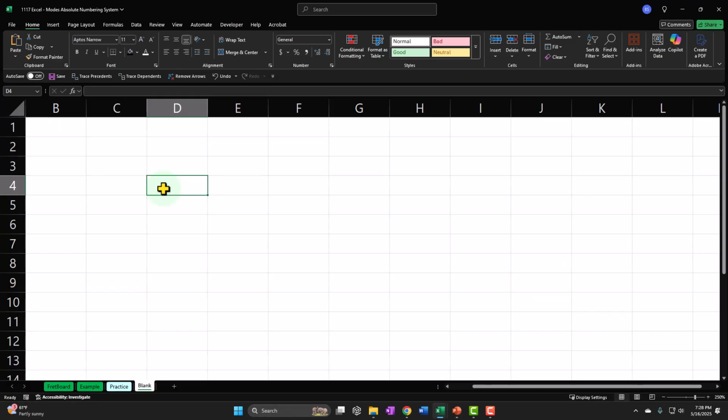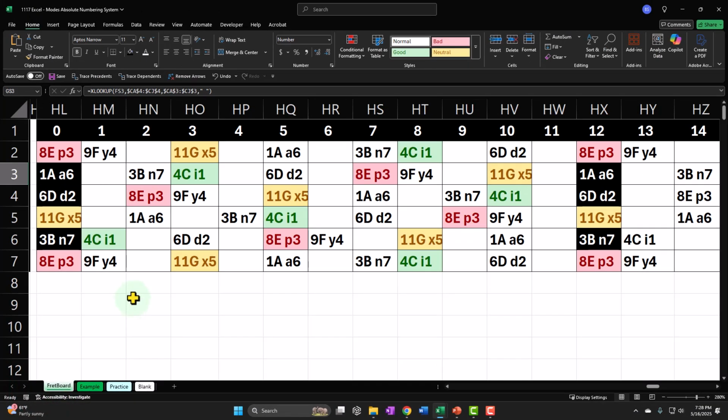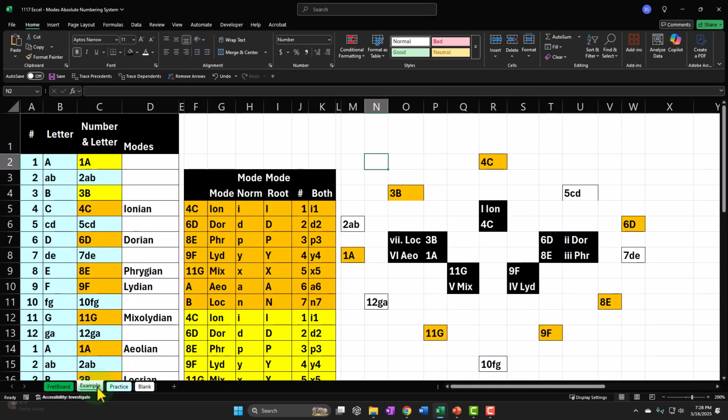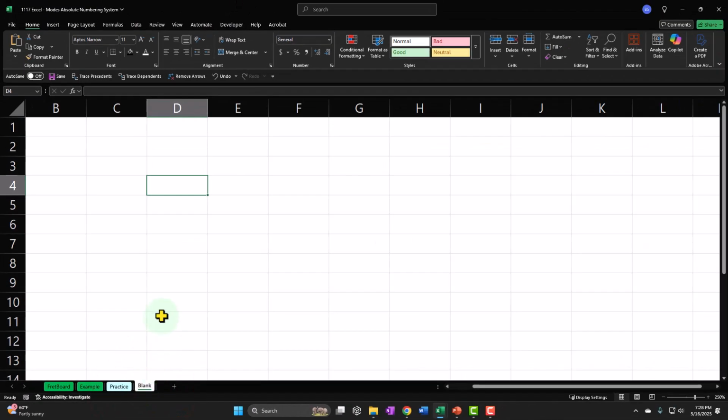We are in Excel. If you don't have access to this workbook, that's okay, because we'll basically build this from a blank worksheet. But if you do have access, there are 4 tabs down below: fretboard, example, practice, blank. The fretboard tab has a simulated fretboard, which we will be referring back to. The example tab is, in essence, the finished product, the answer key, if you will. The practice tab has pre-formatted cells, so you can practice the problem with less Excel formatting. But if you don't have this, that's okay, because we'll be working on the blank tab, which is in essence,